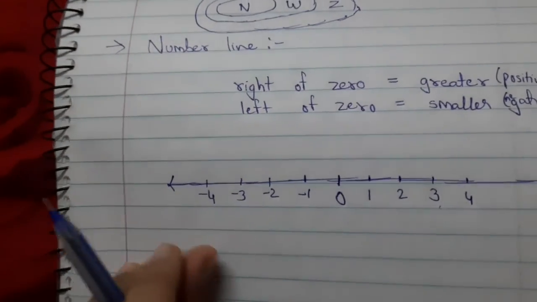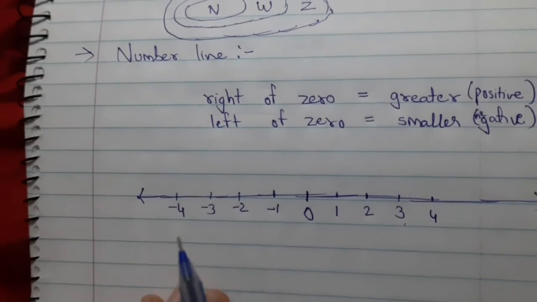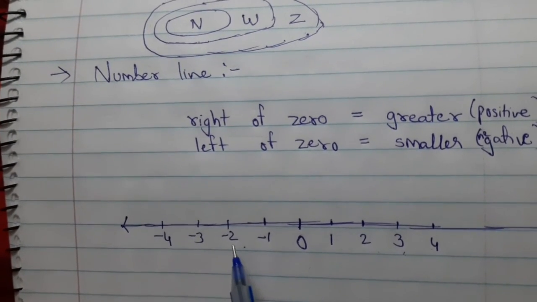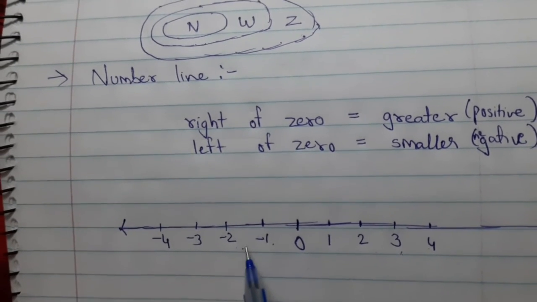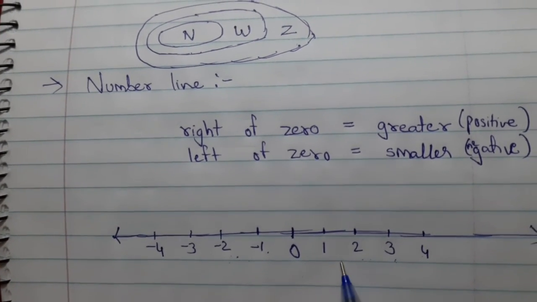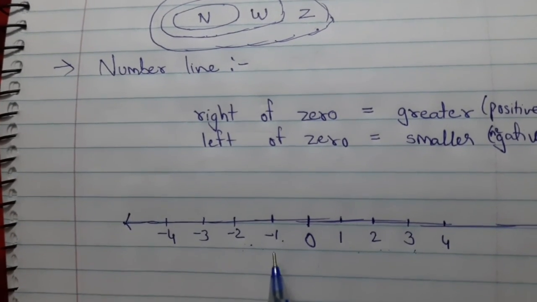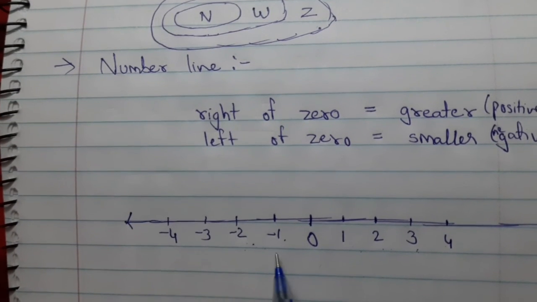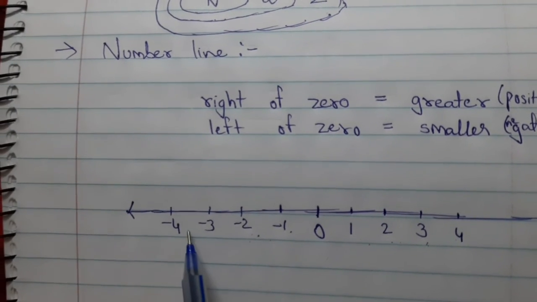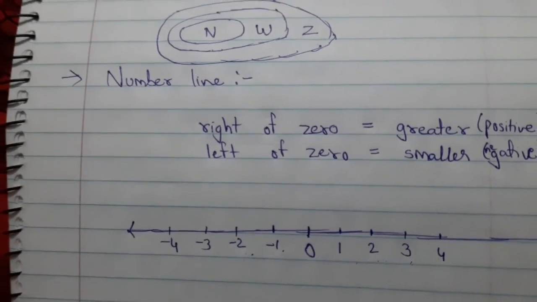So here we took -1, -2, -3 like this. Here -2 is less than -1. Why? Because it is on the left side. Here 1 was on the left side of 2, so 1 was smaller, that you know very well, 1 is smaller than 2. But here -1, -2, -3 is going in reverse order. So -2 is smaller than -1, -3 is smaller than -2. So in negative numbers the things will reverse.